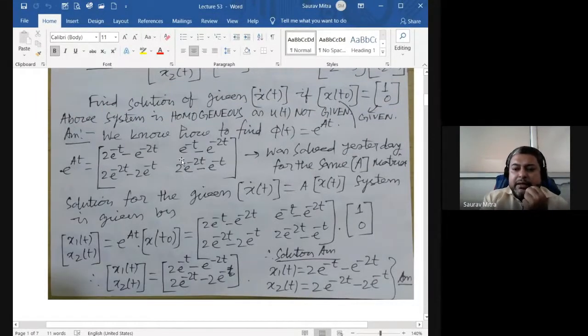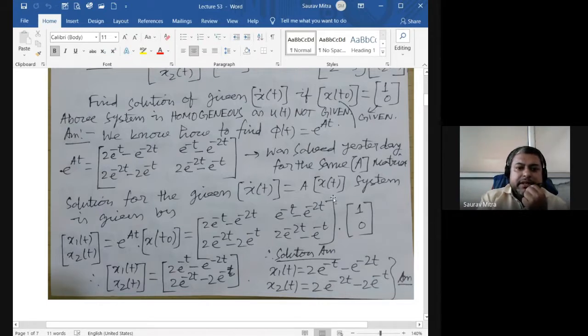And I'm telling you, this is not done properly anywhere, and that's why students get scared. But there is nothing to be scared about, because we know all the details, and numericals are this easy only. So don't get scared in finding e raised to At. Yes, there is an issue with the partial fraction. I will take a lecture on partial fraction next week. Then you will understand all the intermediate steps in finding e raised to At, and these are the things which are asked in interviews and exams all over the world. So how to find e raised to At? Only partial fraction may be the issue, because you know what Laplace is, you can find it out.